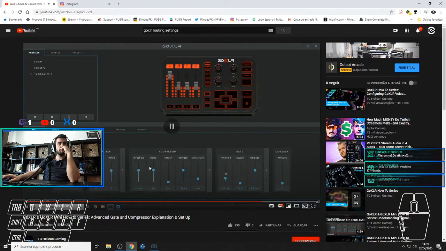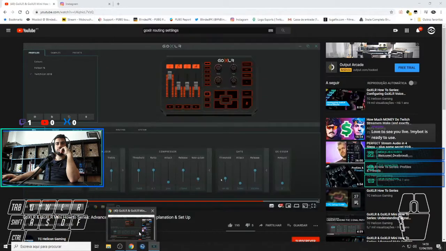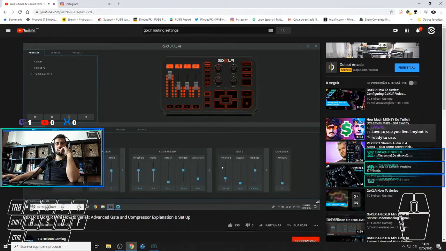The quieter your room, the lower this threshold can be. If you have high background noise, you're going to have to set a higher threshold, or in the